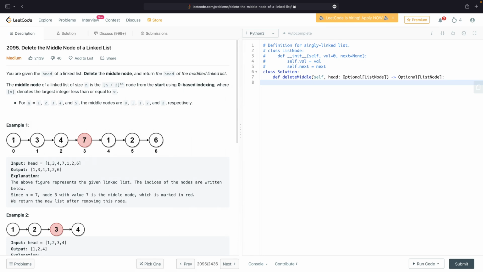So here, if the tortoise and the hare are both starting at position 0, in the next step, the tortoise is going to move to index 1, but the hare is going to jump all the way to index 2. The tortoise is then going to move to index 2, but the hare is going to move all the way to index 4. The tortoise is going to move to 3. The hare is going to move to 6. And then the hare is stuck, so we know we're in the right place for the tortoise